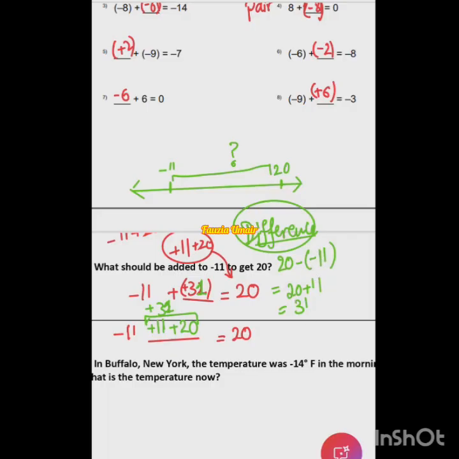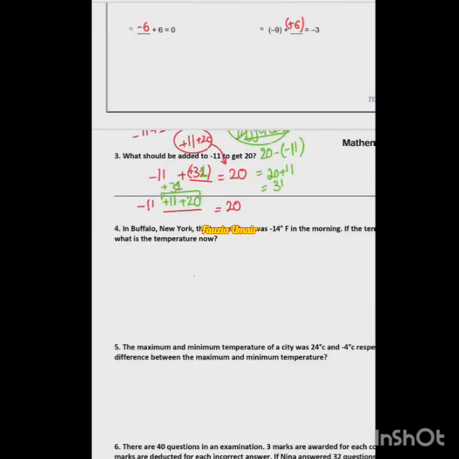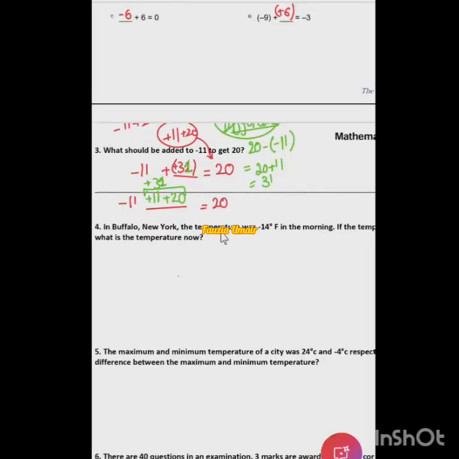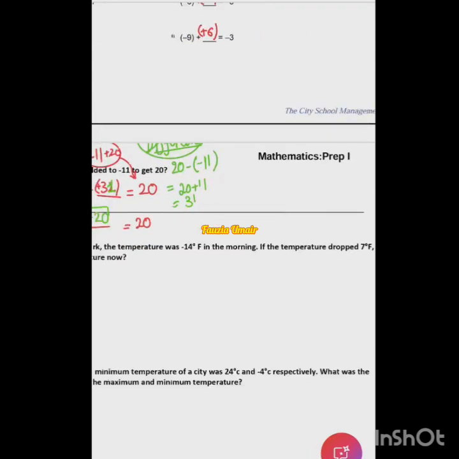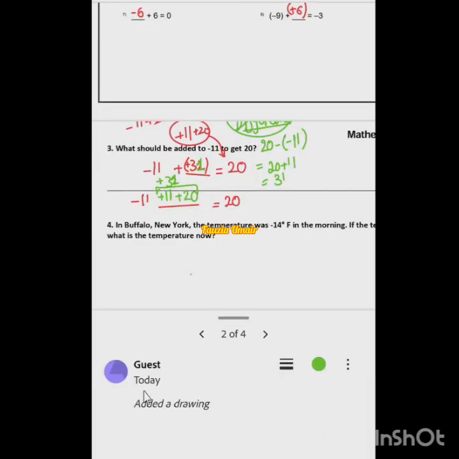And I get it now. All right, very good. So moving on to the next. From the fourth onward, all the questions are questions of difference. So in Buffalo, New York, the temperature was minus 14 Fahrenheit in the morning. If the temperature dropped 7 Fahrenheit, what is the temperature now? So in the morning, the temperature was minus 14, and now it has dropped by